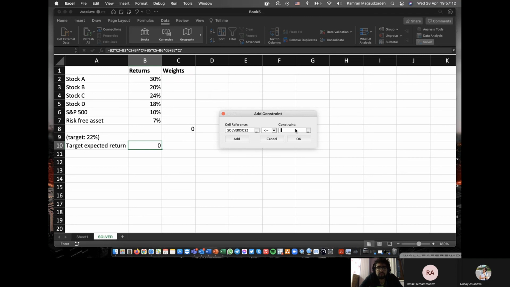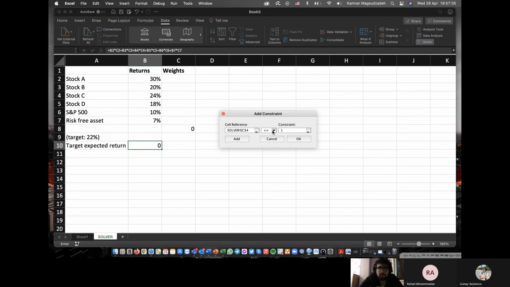This should be less than 1, add, and also greater than 0, because weights are between 0 and 1. Add it. This one also less than 1, greater than 0,